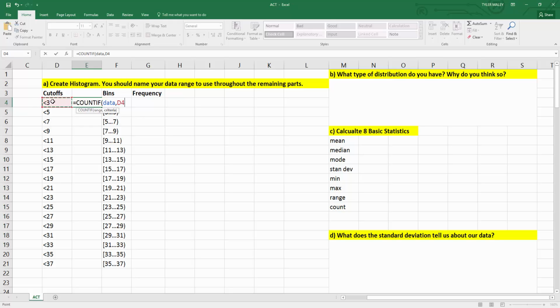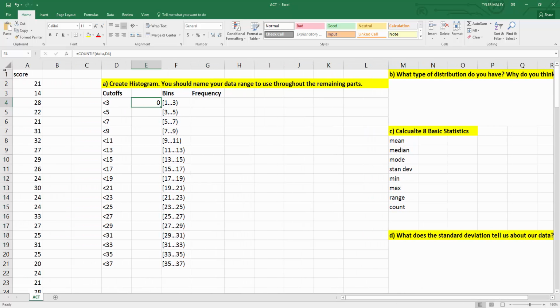So I can just click in the cell or type D4, right? And if I close this parenthesis and hit enter, then what Excel did is it looked at all the data cells, it checked each one, right? And if one of the scores showed up less than 3, it would count, right? Just as you would do by hand, right? So now what I can do is I can actually just drag this all the way down, right? Fill this down, and Excel will